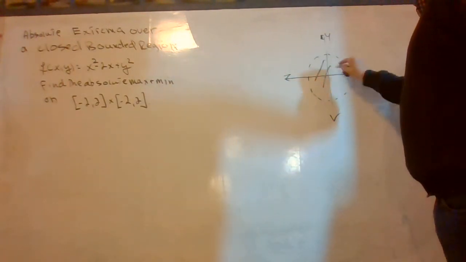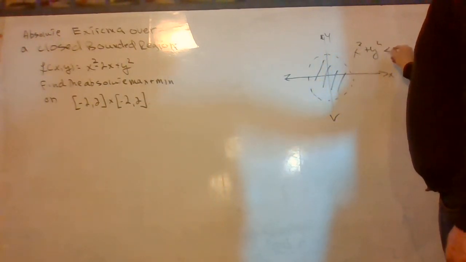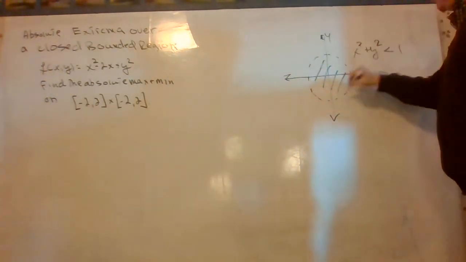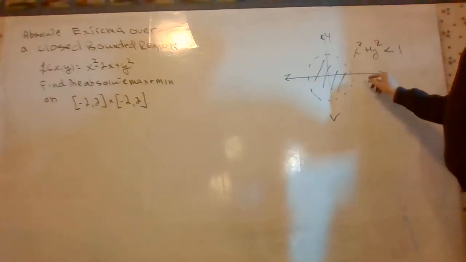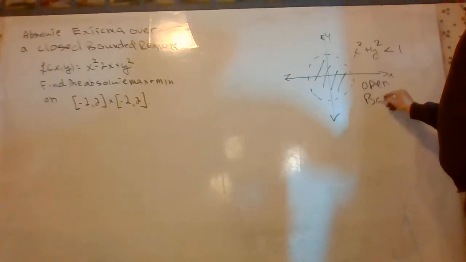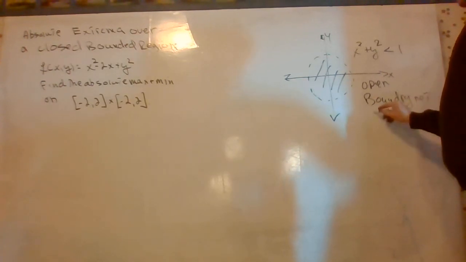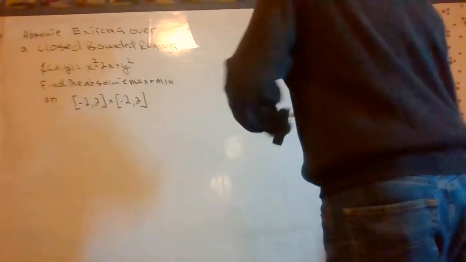and if this is x squared plus y squared less than 1, for instance, then this would be all the points inside the circle, but the dotted line indicates we don't include the boundary. That's what's called an open region. Boundary not included. Now, on the other hand, if we were to say